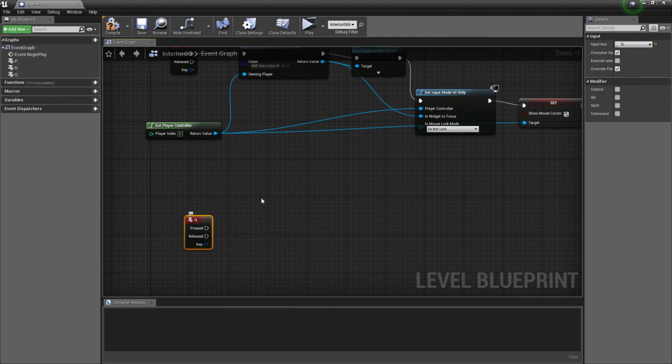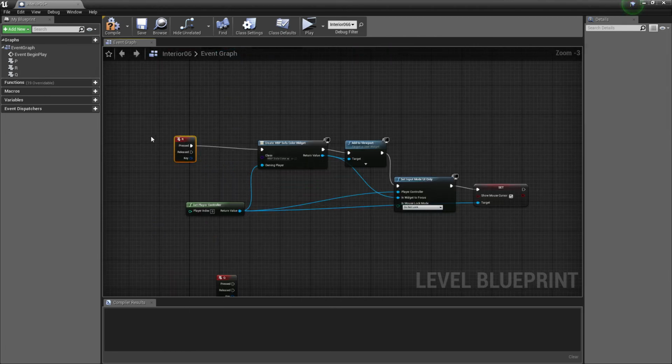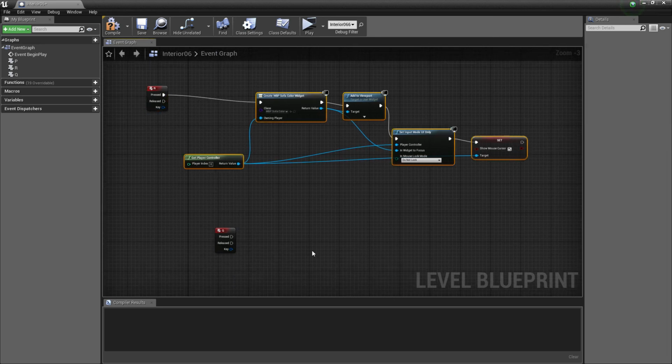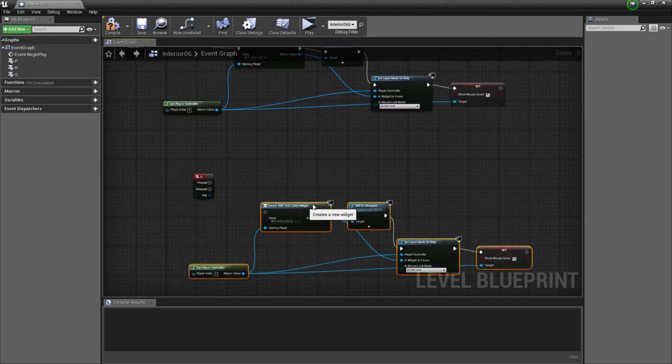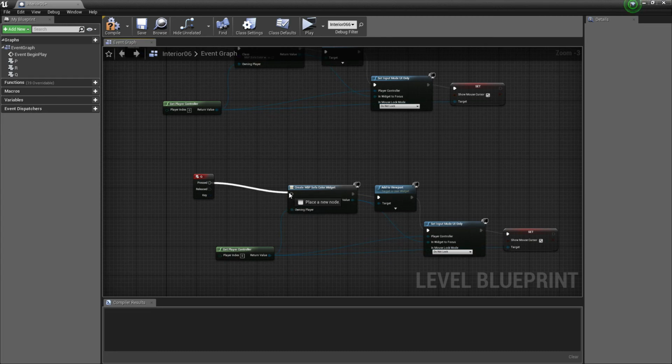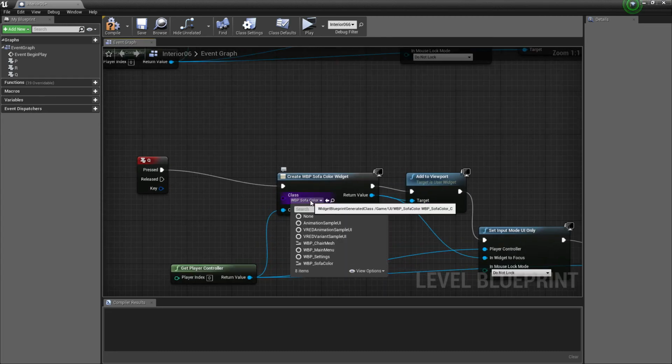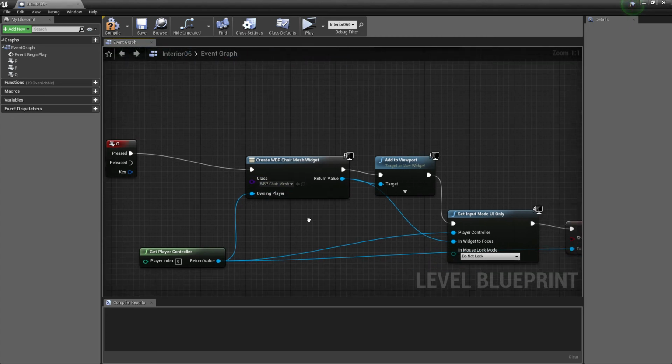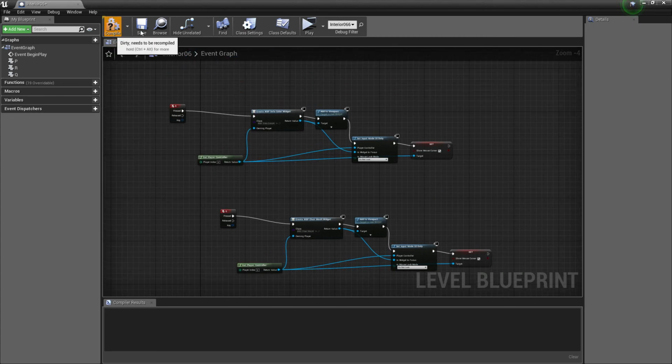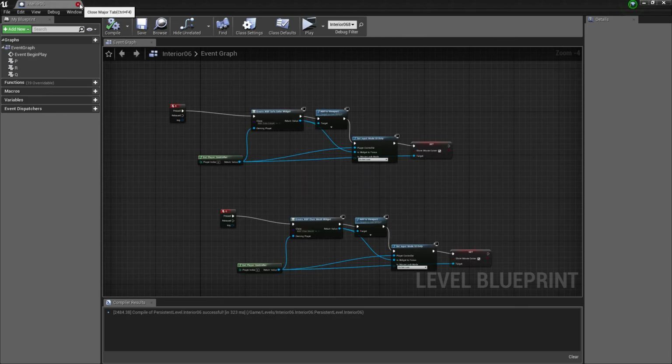Use any key that you want. I am using Q. Let's copy and paste these nodes and change the widget to WBP underscore chair mesh. Compile and save.